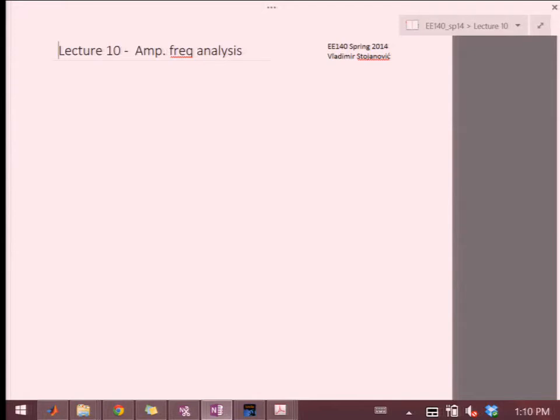Okay, so we're going to start today with some more amplifier frequency analysis. What we did last time is look at the frequency analysis tools, and there were three tools that we used: one was the Miller approximation, then the zero-value (open circuit) time constant, and the short circuit time constant. These are the three that, in different scenarios, would be more appropriate to use. And today we're going to look at